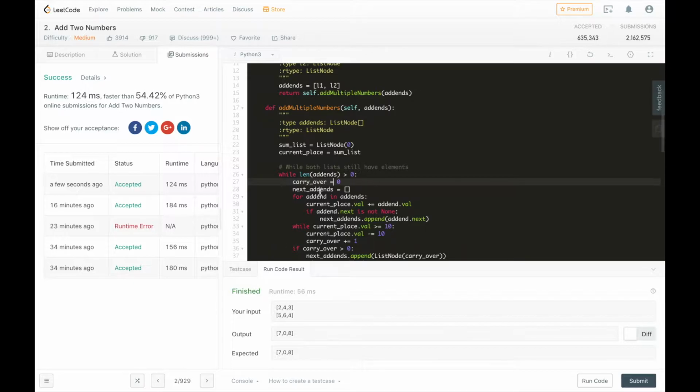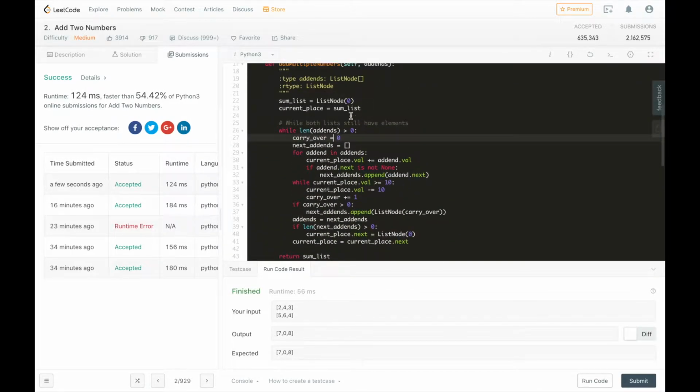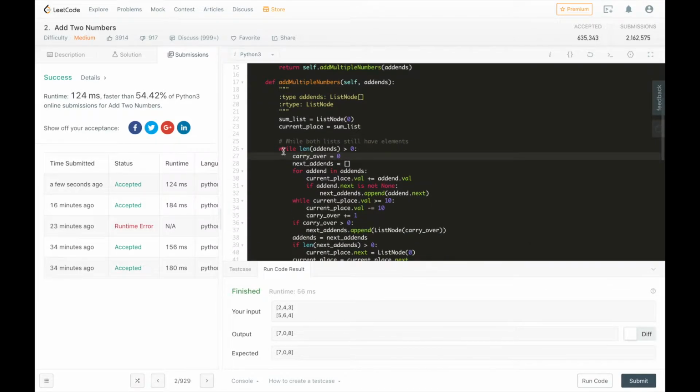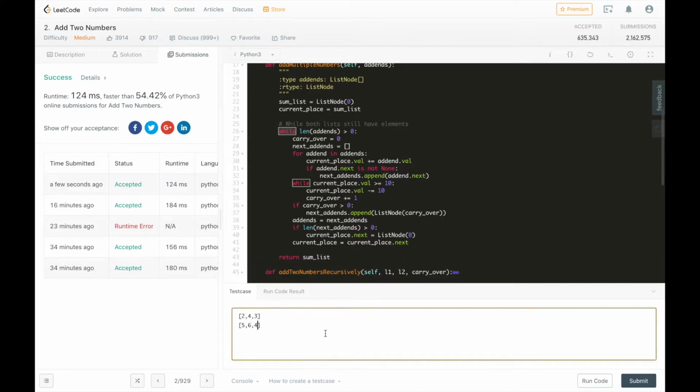So like here, we're only adding 2, right? L1 and L2. But here we could be adding 10 lists. So L would be 10. And each list can have, on average, n numbers. So we're going to do L times n additions of current place.val plus equals addin.val. And we're going to run through this while loop n times, where n is the longest length of any of these lists. So here, if we had one list that was just super long,